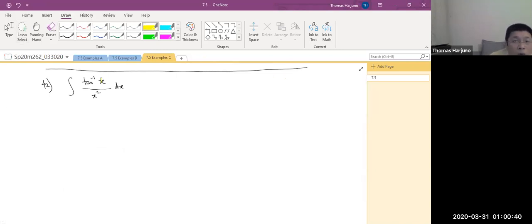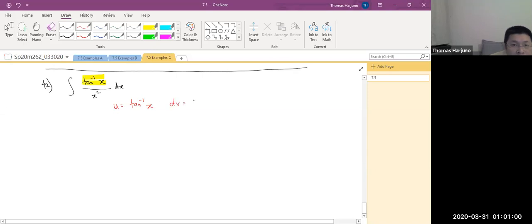I don't know how to integrate tangent inverse x, but I know the derivative. So very likely this has something to do with integration by parts. So let's see. Let's say my u be tangent inverse x, and my dv be x to the negative 2